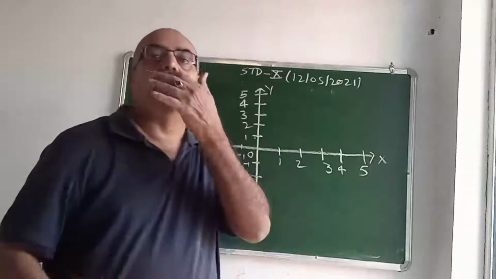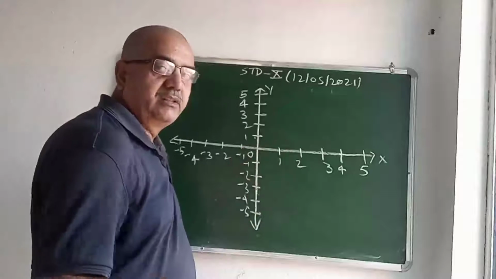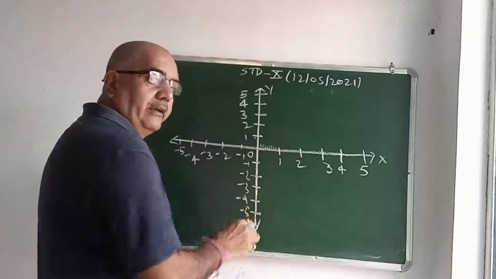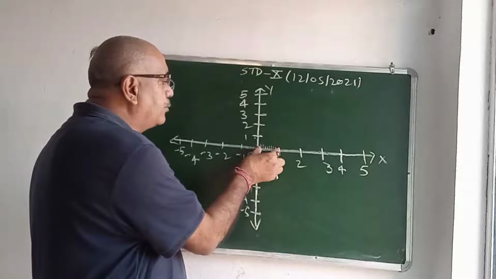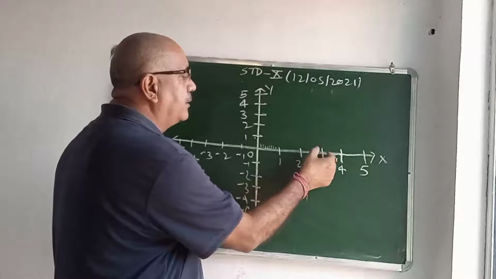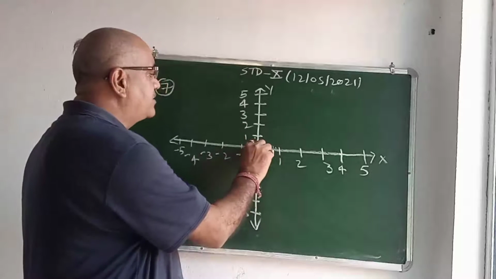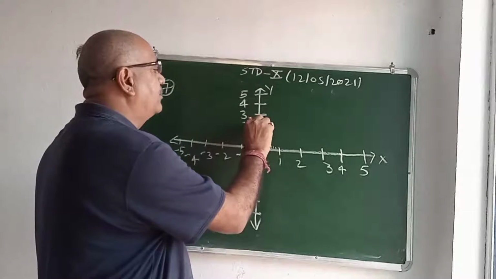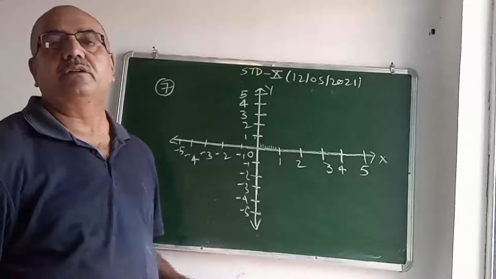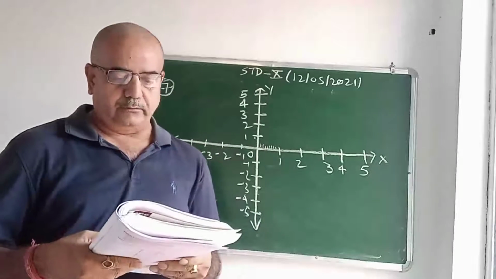It is given, take 10 small divisions equal to 1 unit. Then you know very well what this statement means. One big house is divided into 10 small divisions. It means we have to suppose these 10 small divisions are equal to 1, the next 10 small divisions are 2, the next 10 small divisions are 3, like that, on the x-axis as well as on the y-axis, in both the positive and negative directions. We choose the scale, 10 small divisions equal to 1 unit.